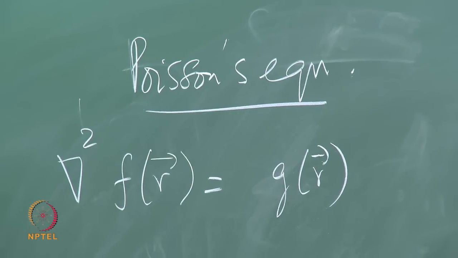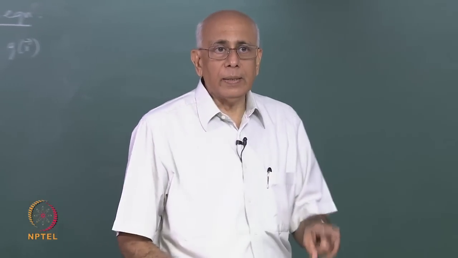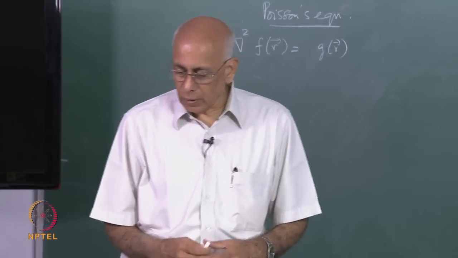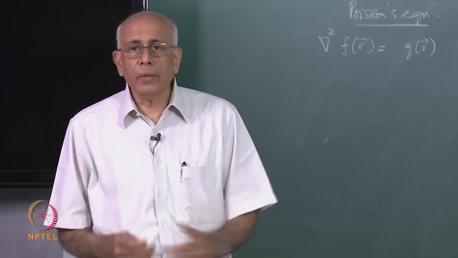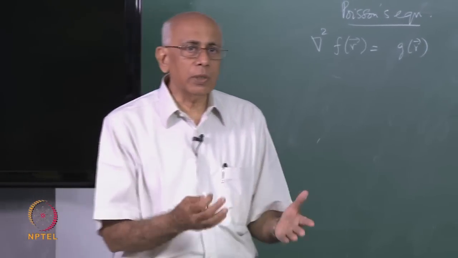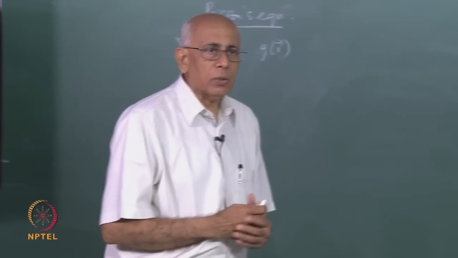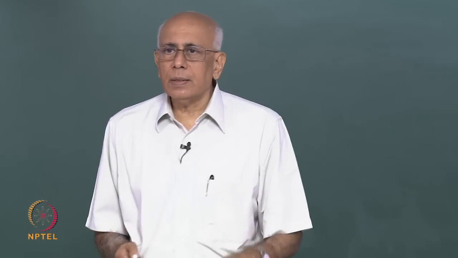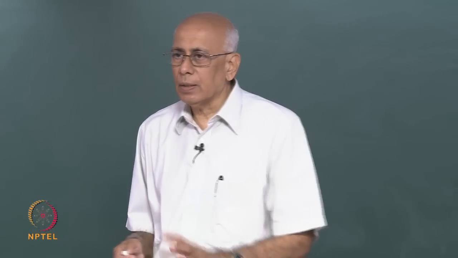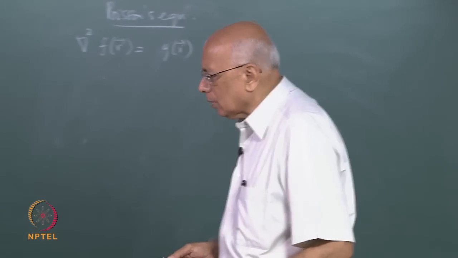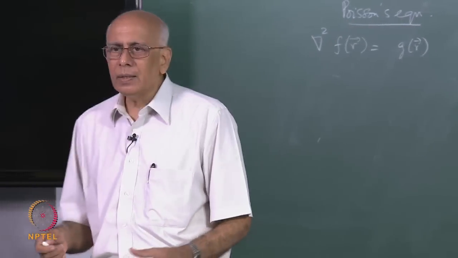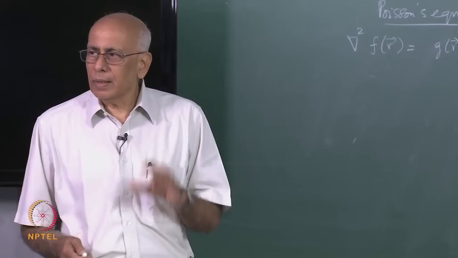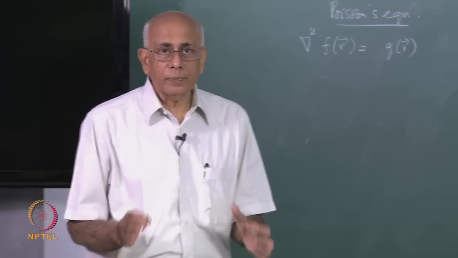Okay. By the way, the operator del squared itself appears in all the standard equations we are going to discuss, namely Poisson's equation, the wave equation, the diffusion equation, the Helmholtz equation and so on. And there is a reason for it, of course, because del squared is a scalar operator, it is invariant under rotations, and these physical systems or situations that we are going to describe would generally have rotational invariance of some kind. So you have a second order differential operator del squared, which is a scalar operator, has a lot of